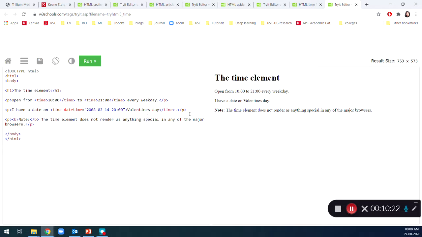So you can see we have used the time tag with the date and time attribute to specify this content, and it is machine readable. The browser can understand the time specified in this attribute.